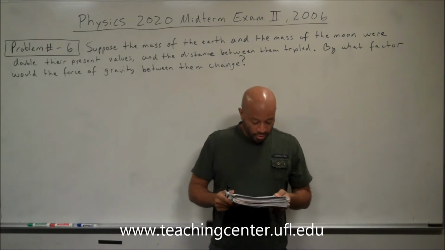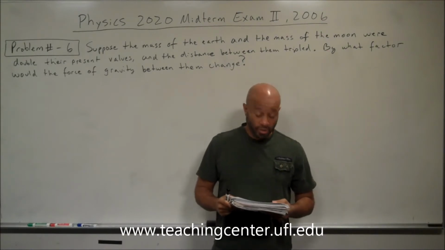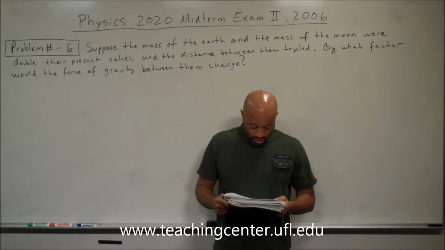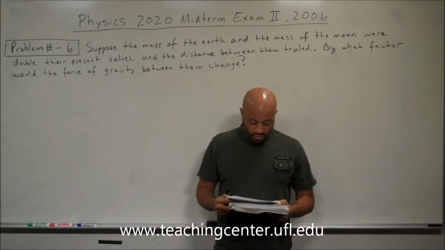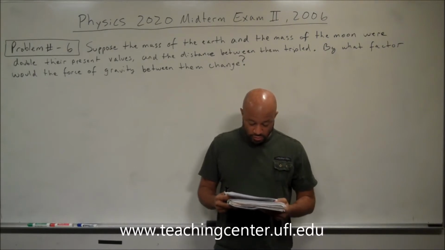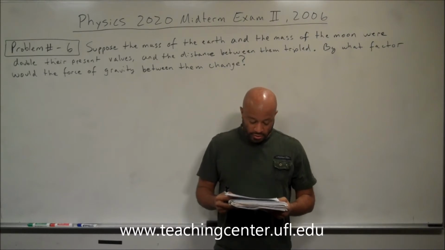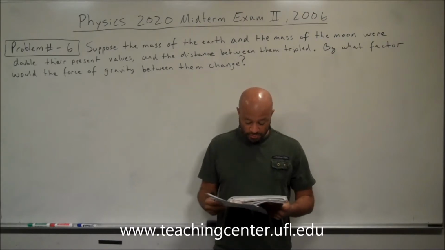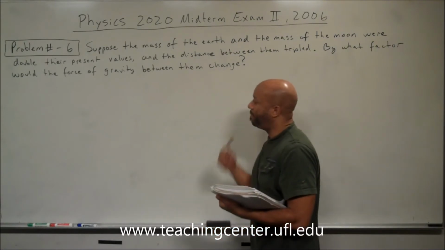Okay, so I'm going to work on problem number 6 for Physics 2020 Midterm Exam 2, year 2006. This problem asks us, suppose the mass of the Earth and the mass of the Moon were doubled their present values, and the distance between them tripled. By what factor would the force of gravity between them change? Alright, and so basically,